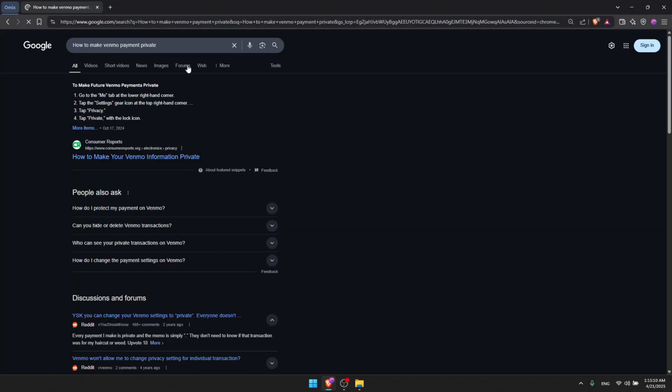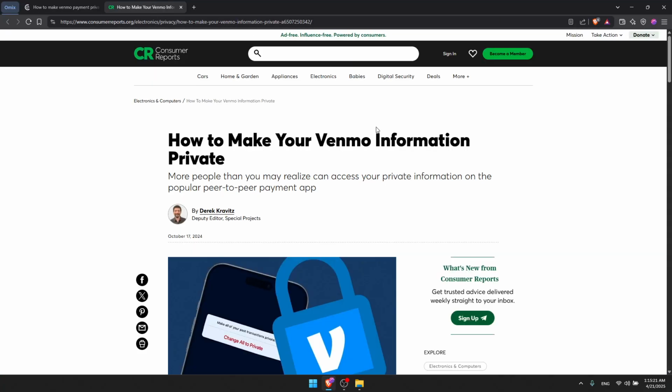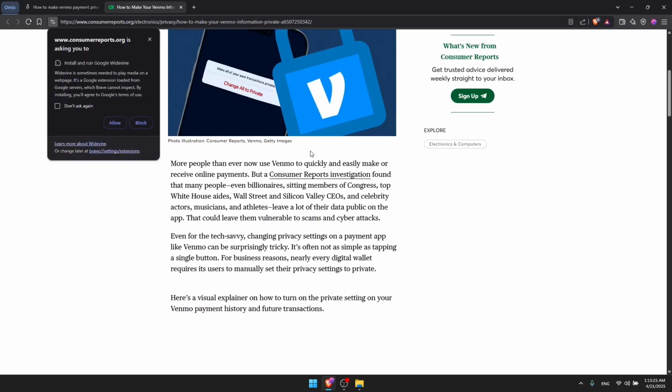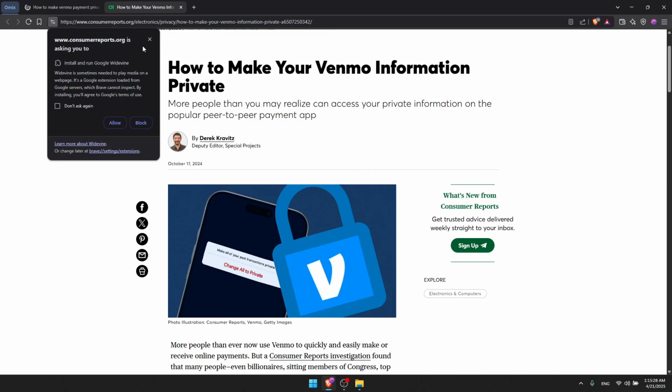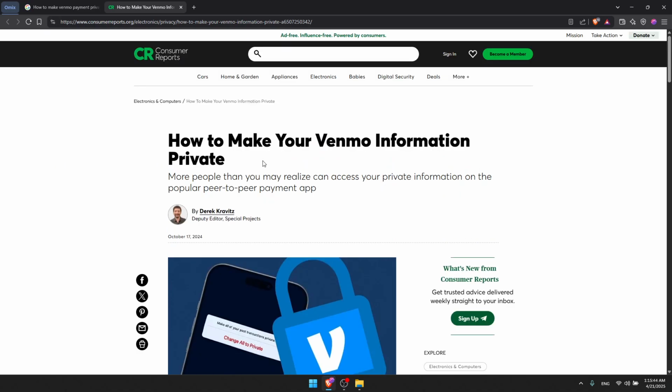So as we said, if you want to make Venmo payments private, all you need to do, first of all, is log in to your account. If you don't have an account yet, just go and create one. Once you're logged in, you'd like to have the app downloaded. So just go into it and see how to make your Venmo information private,